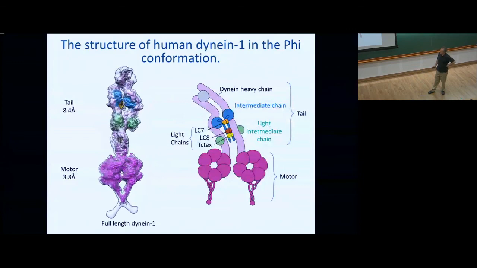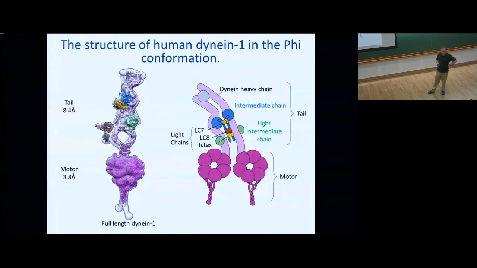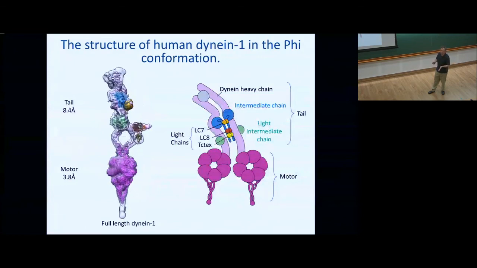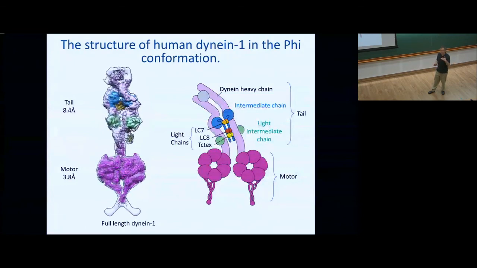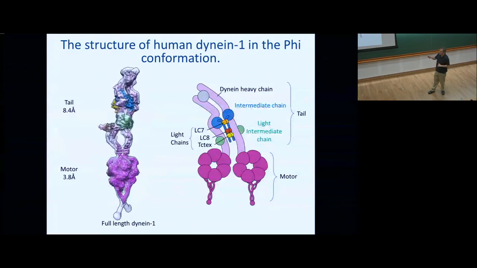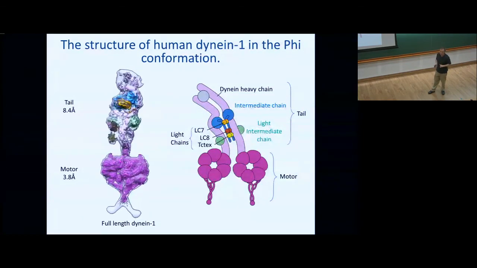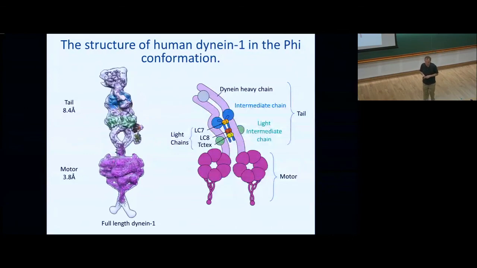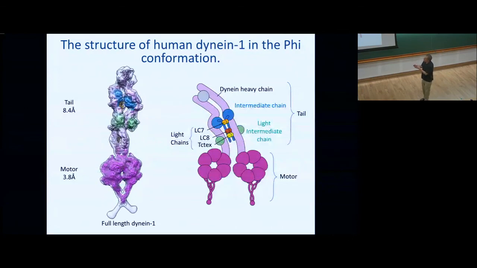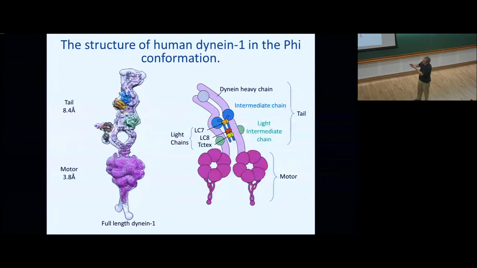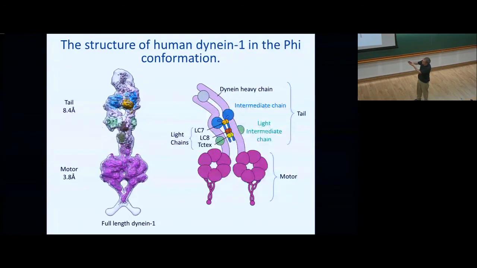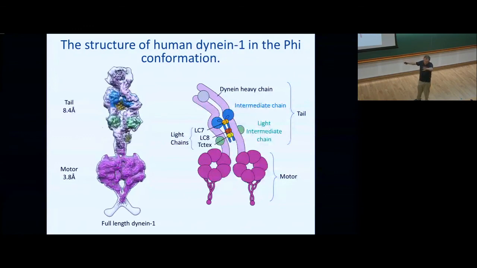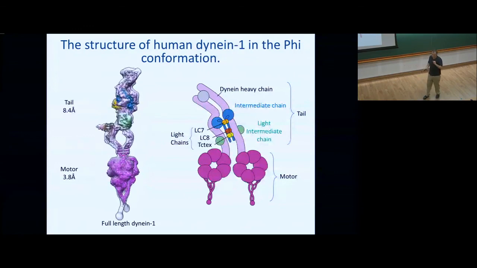We haven't. We've just actually made those constructs recently. It's slightly more complicated to make those truncations, but we've now got some nice clean truncations that lack each one of these chains. So we hope to be able to do that. Yes, and I think in the dynein itself, you can imagine that there's a connection from here to here, and then when the dynein opens up, I think this is then very flexible, and Gabe Lander has some evidence